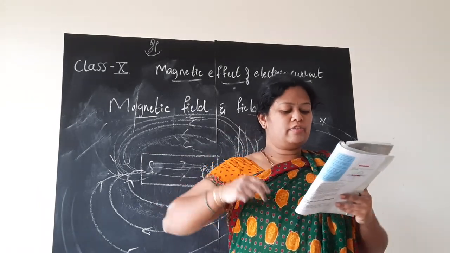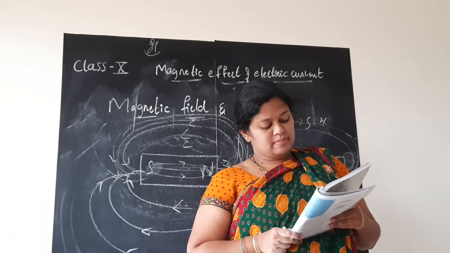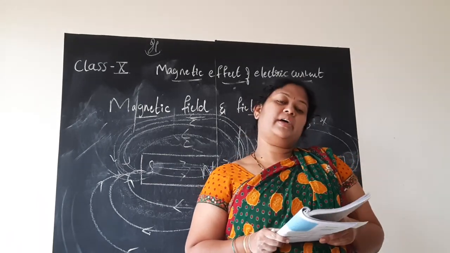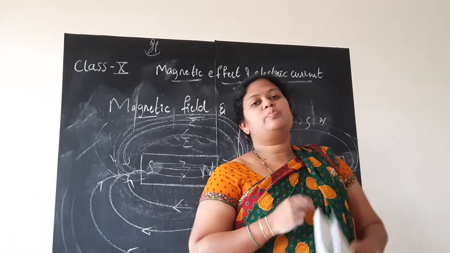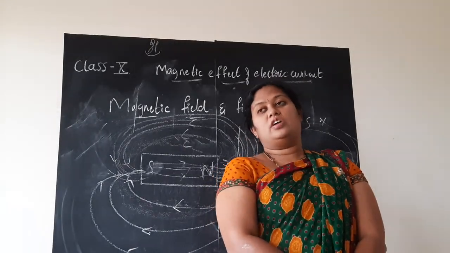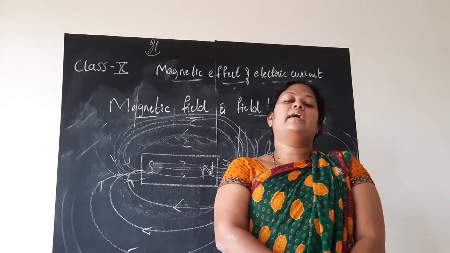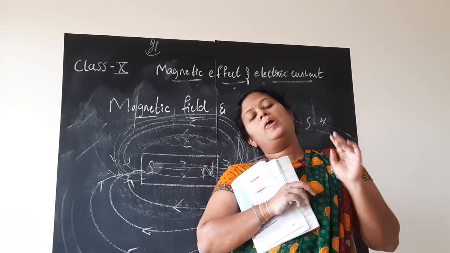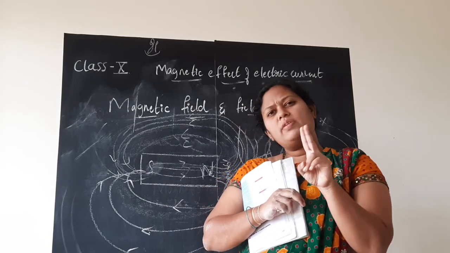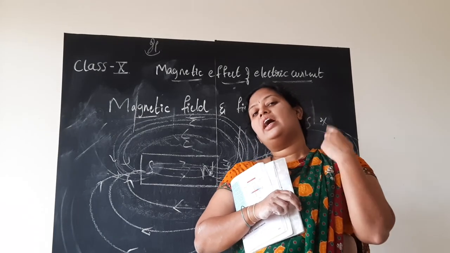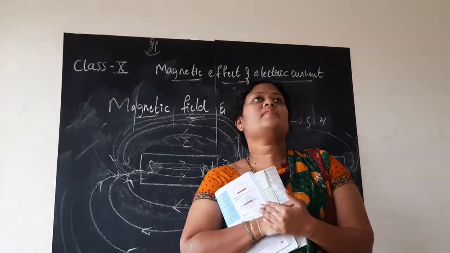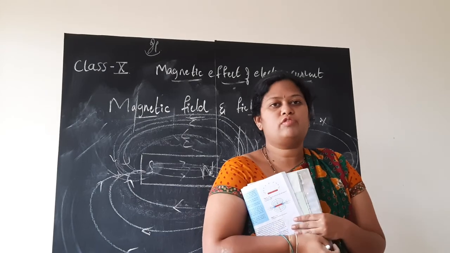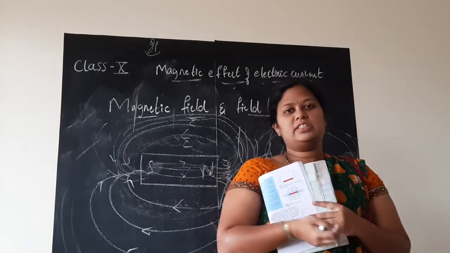Are there other ways of obtaining the magnetic field lines around a bar magnet? Yes, you can do it yourself. Draw the field lines of a bar magnet. They have again explained how with the help of an activity here, children. In this year's 10th board exam there was a 4-mark question along with it. I think 2 marks were for explaining this activity and 2 marks for explaining the properties of magnetic field lines. Easily you can score 4 marks. We already studied the properties of magnetic field lines.